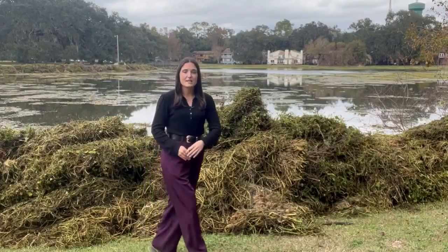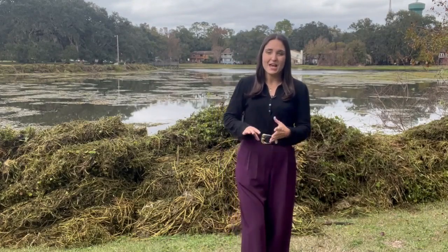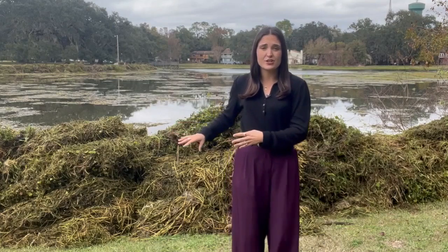For years, neighbors tell me they haven't been able to enjoy Lake Killarney, but now it's getting its first makeover in decades. I'm Kendall Brandt, your neighborhood reporter in Northeast Tallahassee. These endless piles of vegetation all came from this lake. I'm taking a look at the work that's being done to remove this overgrowth so neighbors can enjoy the water